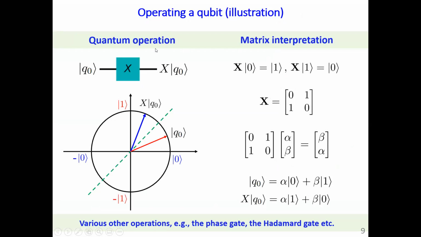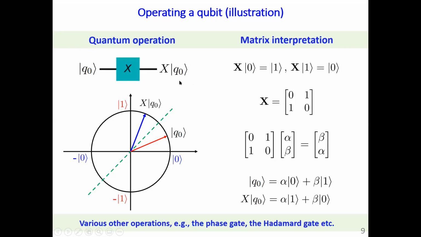And this slide shows you how a quantum computer operates on a qubit. I'm showing a NOT gate. Here I'm showing an elementary operation of the quantum computer, the so-called NOT gate. The story is the following: the quantum computer operates an X gate on the initial state to get the final